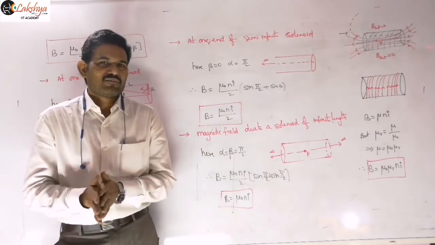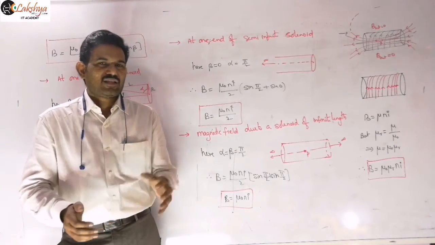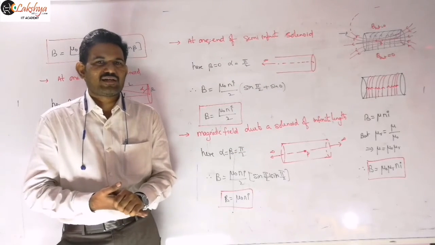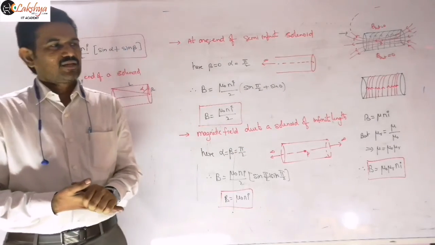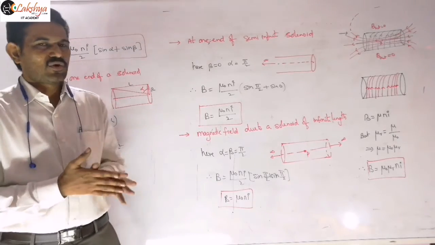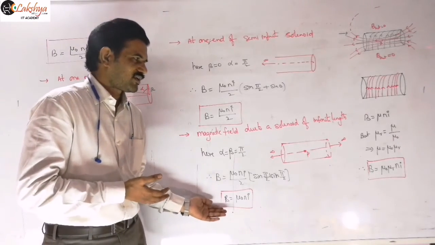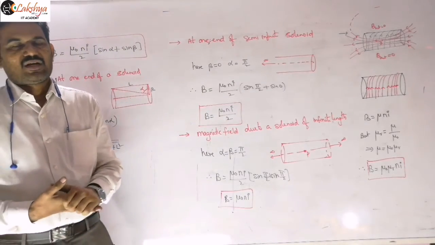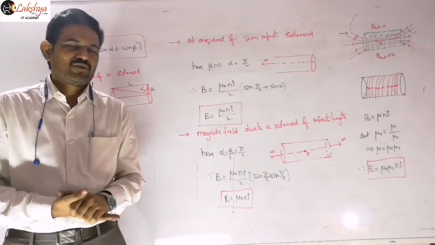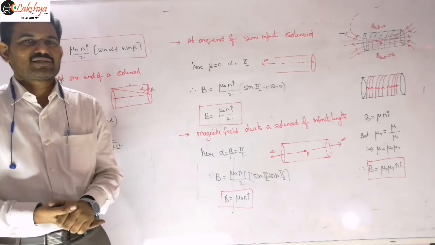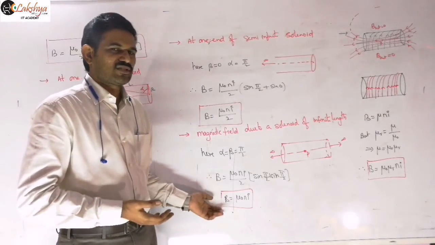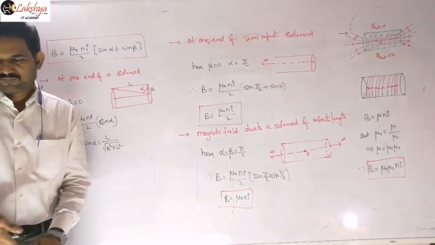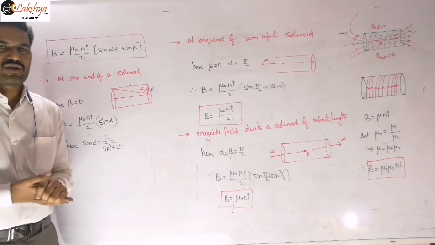And actually this solenoid will act as a bar magnet, and we will discuss that later, once the bar magnet topic is completed. Then we can also derive this expression, the magnetic field due to a solenoid of infinite length, with the help of Ampere's law. Ampere's law is not yet completed for us, so after completing it, I will explain how to derive this expression for an infinite solenoid, right? So this is the information regarding the solenoid.